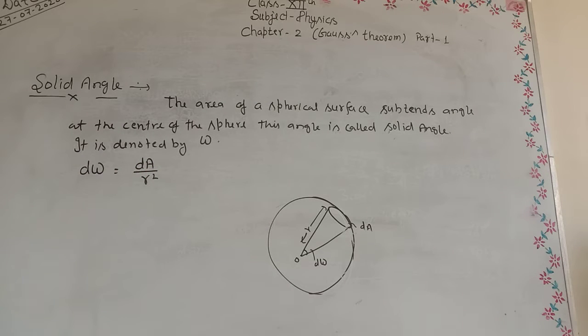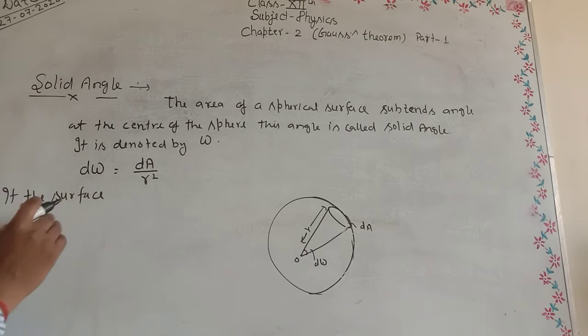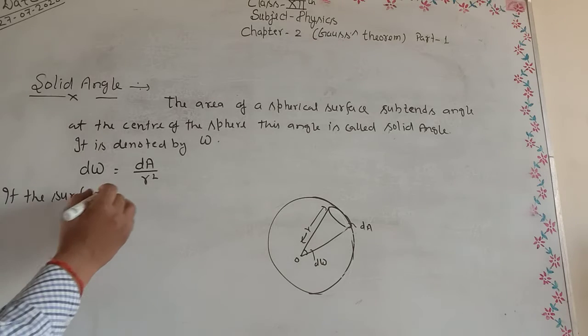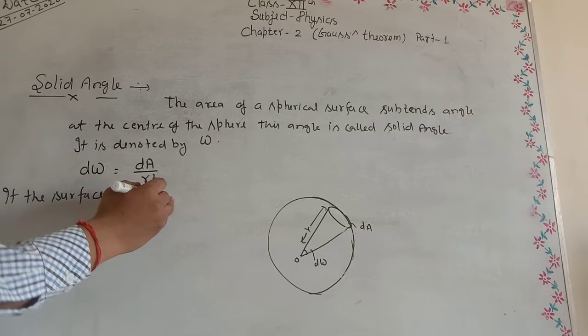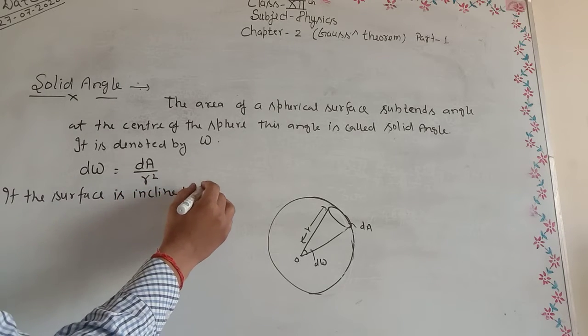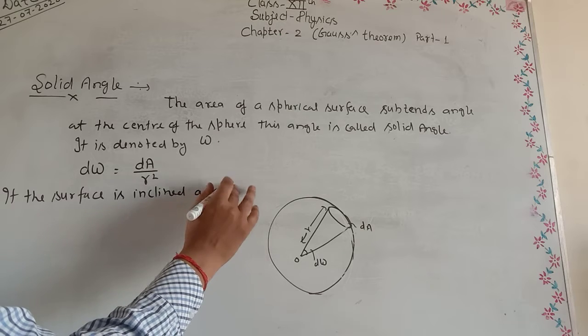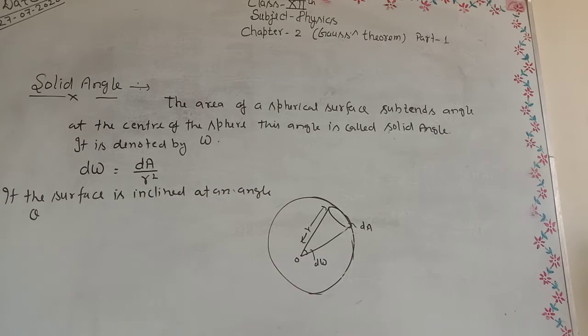dA upon r square. If the surface is inclined at an angle theta, then